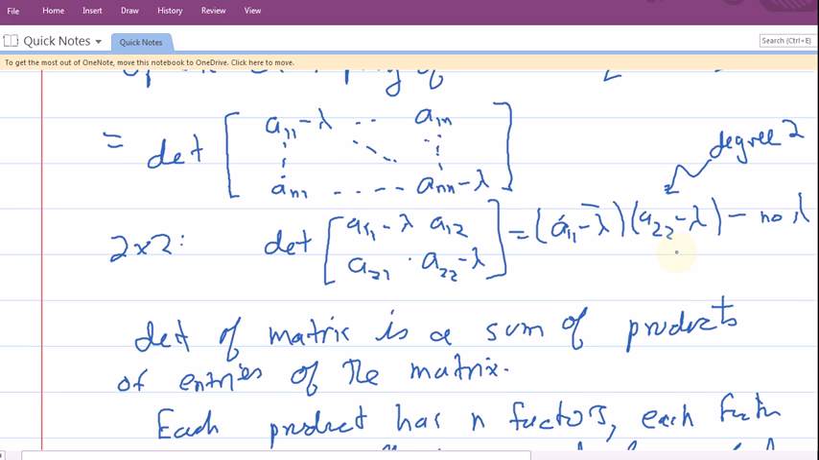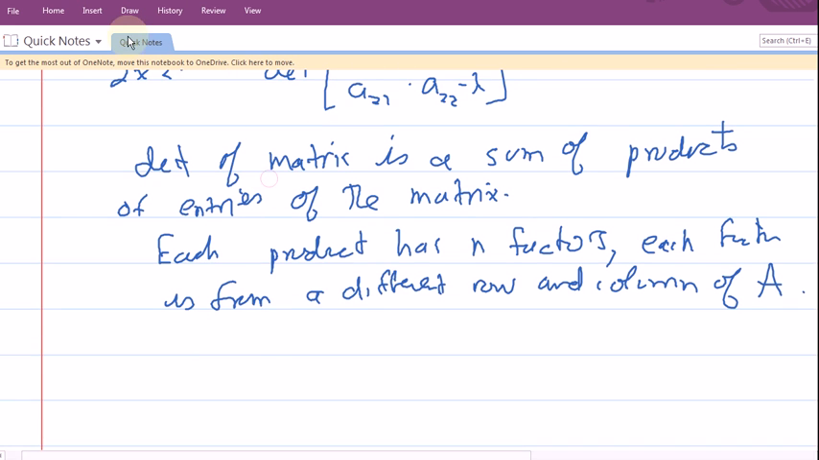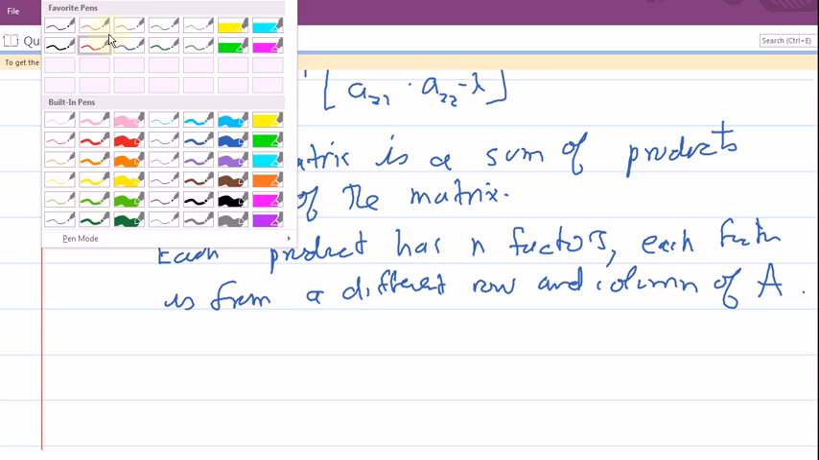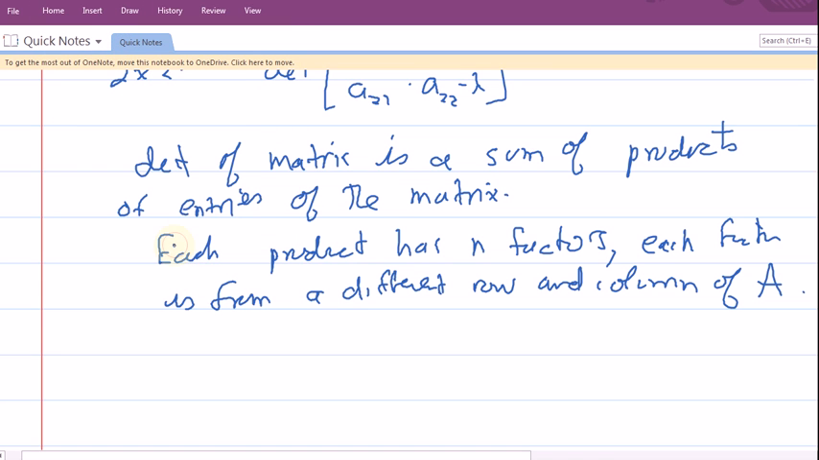So I can say that this way. If you think about it this way, in the determinant of A minus lambda I,